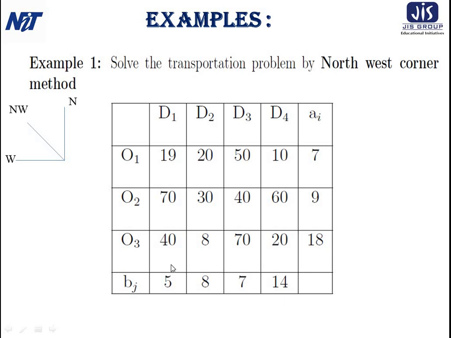Since we are supplying 5 units in this cell, which requirement is fulfilled, O1 or D1? Till now, how many available units are present? 7 minus 5, that is 2. So the requirement of the O1 origin is not fulfilled. But is the requirement of the D1 destination fulfilled or not? Yes, it is fulfilled, because in the D1 destination we can supply 5 units because it is required, and already we have supplied 5 units in this cell. So the requirement of D1 destination